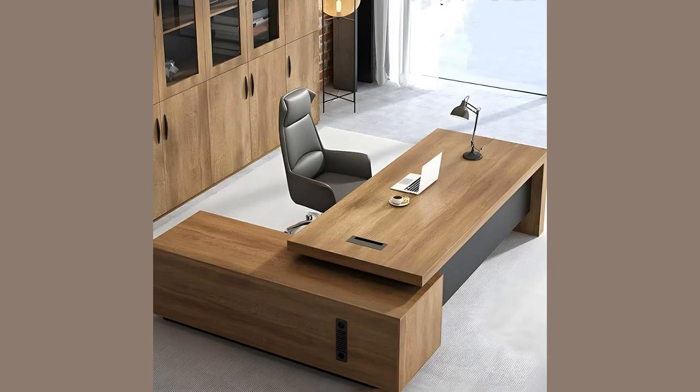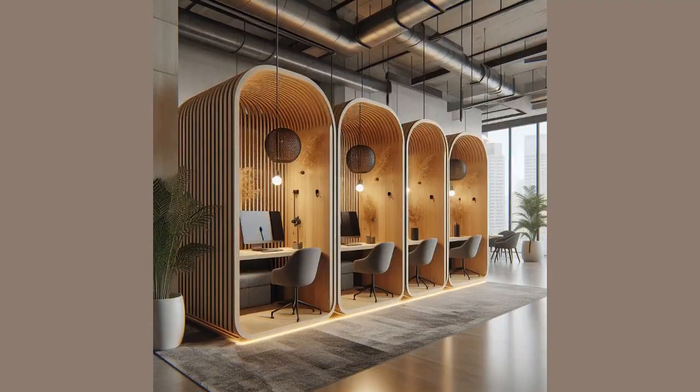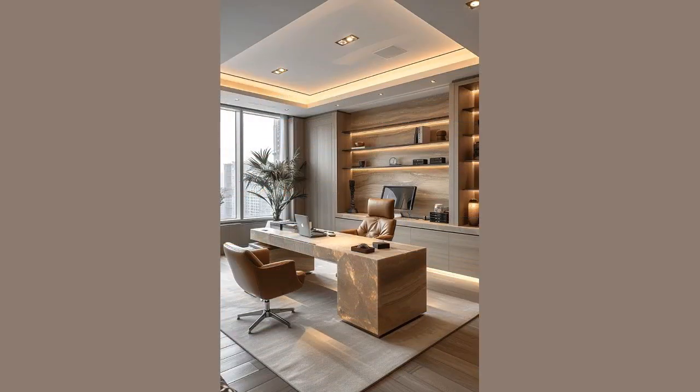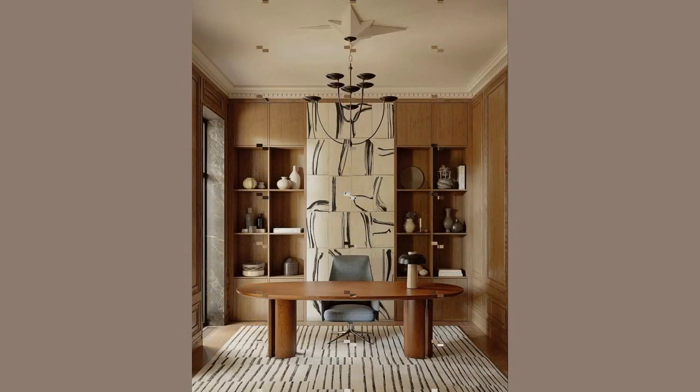Wood has a timeless appeal that brings warmth, sophistication, and a sense of nature into any space. When incorporated into office interiors, it creates an environment that fosters productivity, creativity, and a feeling of comfort. Unlike cold, sterile workspaces filled with metal and plastic, wood offers a natural, organic atmosphere that enhances focus and well-being. Whether used in furniture, wall paneling, ceilings, or decorative elements, wood can completely transform an office into an elegant, inviting,